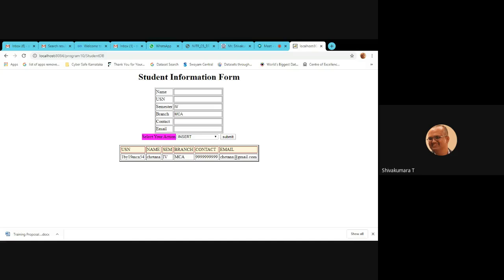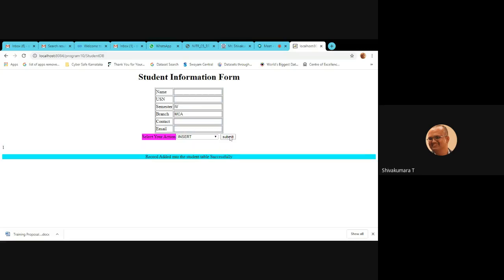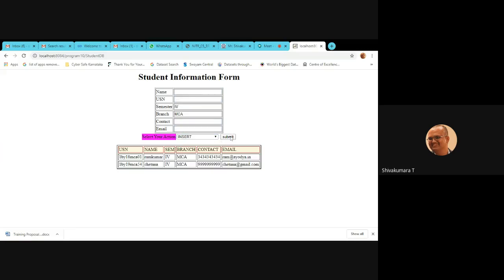Is it clear? Similarly, insert another record. Submit. One record added. Display record. That record is already added.